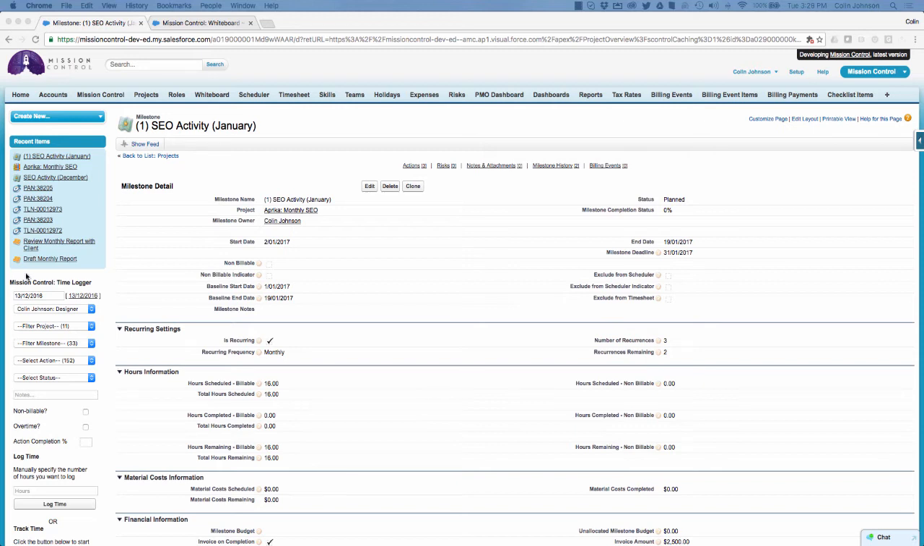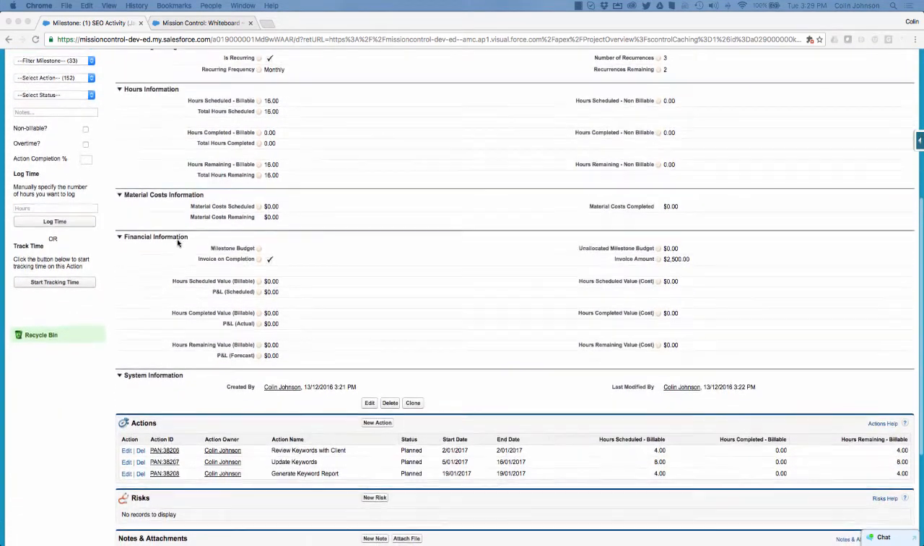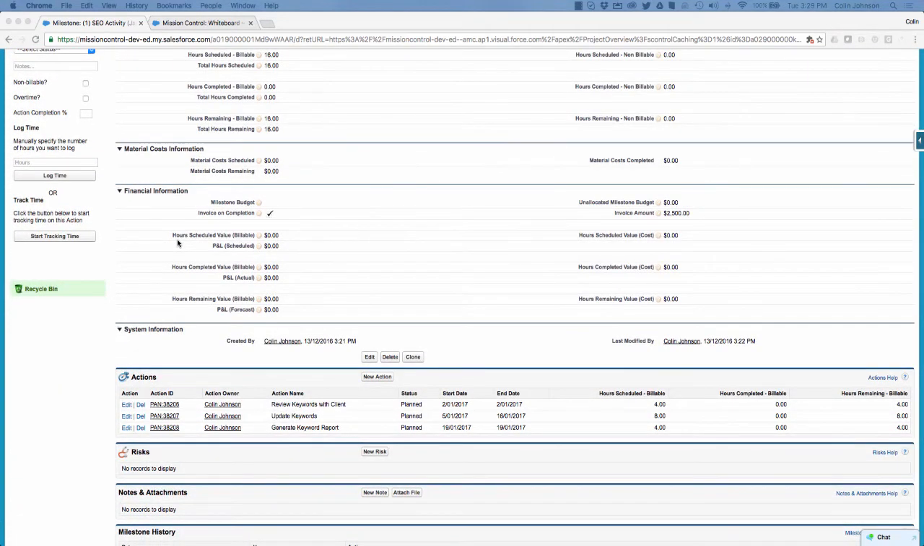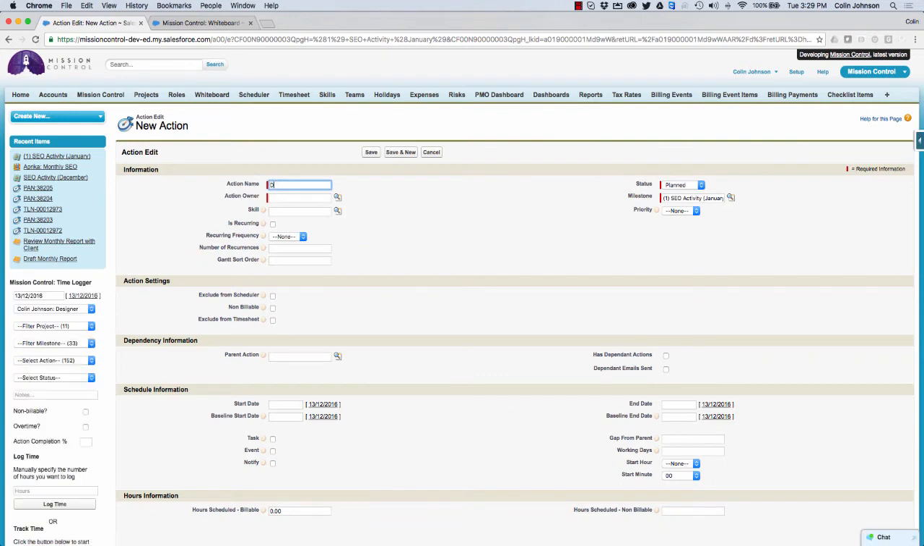Let's jump in and just build out a quick example. So in my January SEO monthly campaign, I might need to add in a recurring action where I'm going to be doing some daily checks. So what I can do is just click on new action here, put in the details,